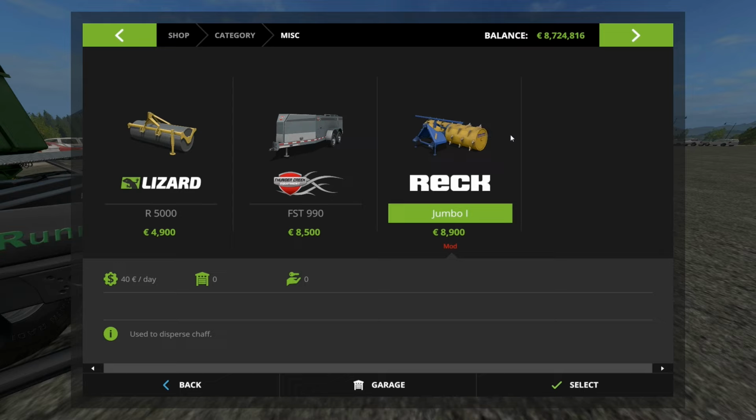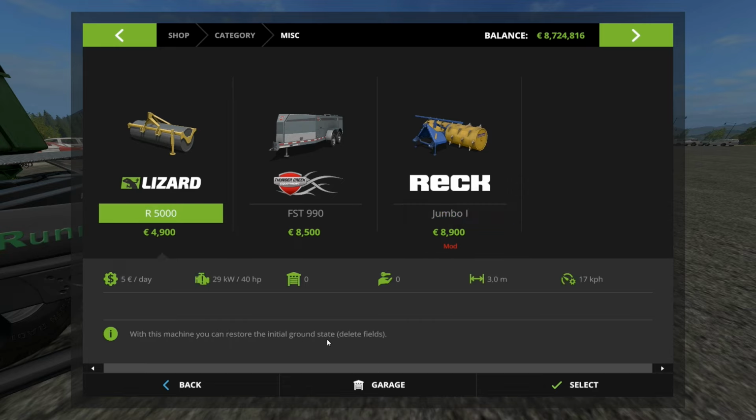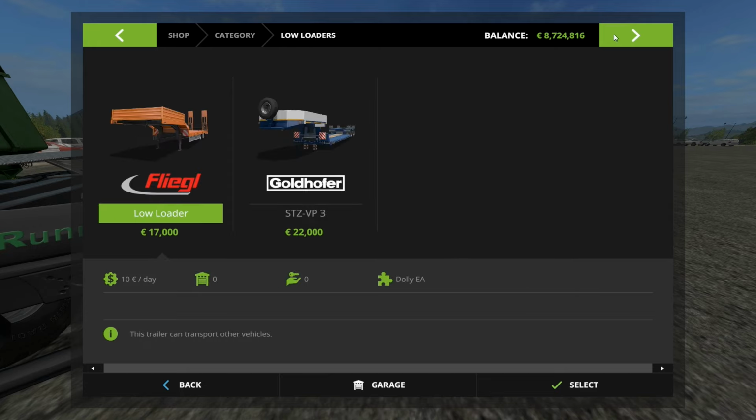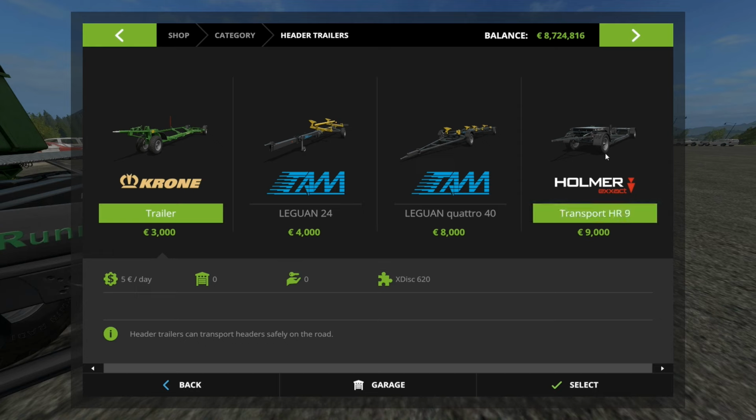In MISC, we have this chaff squisher. That's what I'm going to call it now. It's a chaff squisher. It's basically doing the same job as this one. Well, no, that's deleting the fields. Never mind. That one is squishing chaff. Then we have...